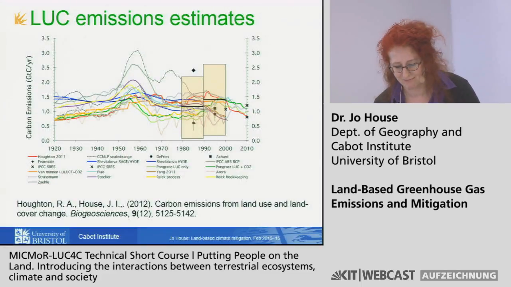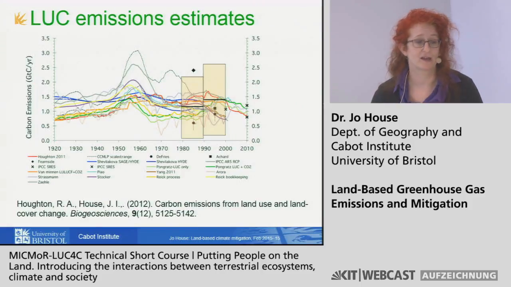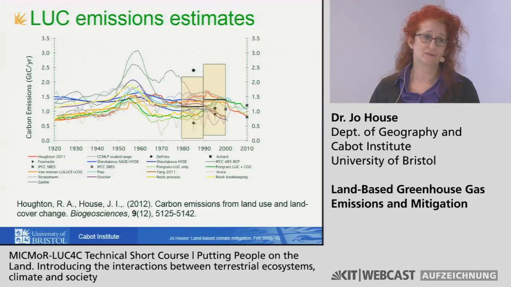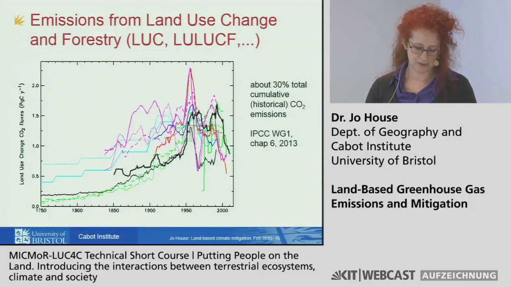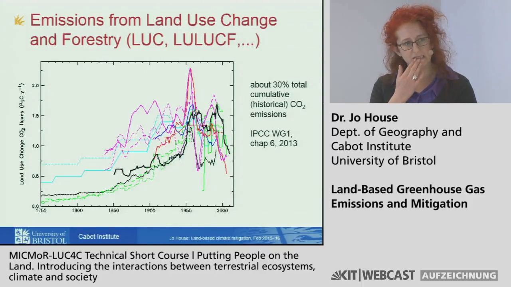Yeah, there's a lot of thought about that, and they're kind of being ironed out, and it's in the land use change data, and a lot of it's about the change in the way the past is being dealt with. So it's different approaches to measuring pasture, and different bits of information come online. And so a lot of the newer historical reconstructions don't have such big peaks. There still are some changes that are really about sudden conversions of agricultural land, but those peaks aren't quite as high. I'm just trying to see. This still has the high 1950 peak, so it's more than some of the newer data sets coming online.